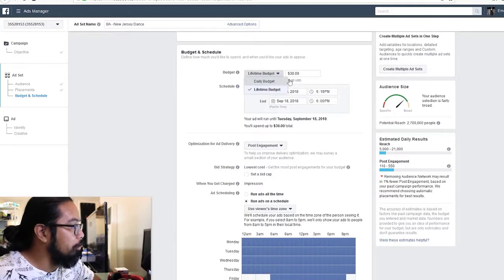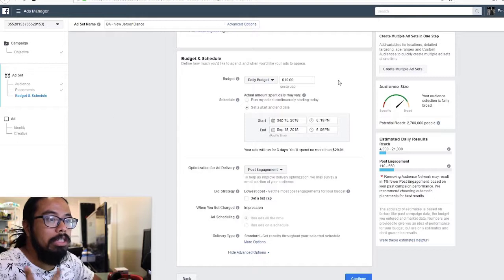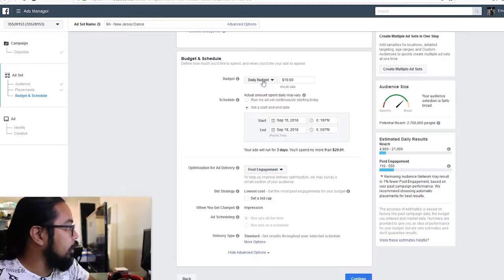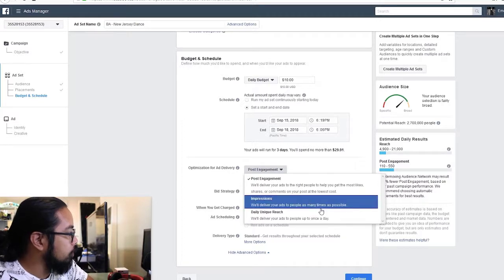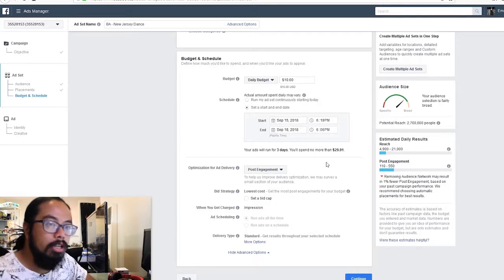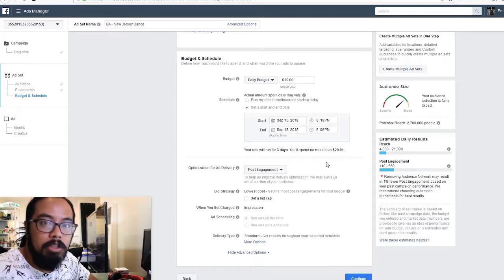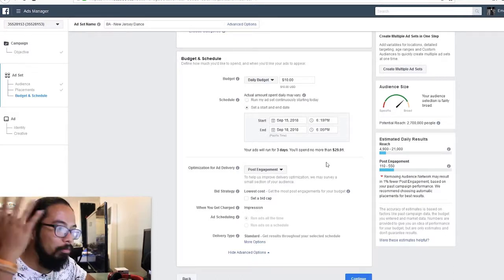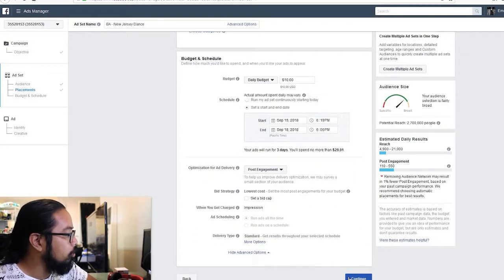So I know this is like probably your first ad. I'm trying to set you up for when we go into much deeper Facebook advertising. Daily budget here, boom, boom, boom, post engagements. Don't do impressions or this. You want to optimize this for when people actually engage with your content. You don't want to optimize it for people just see it. So the impression, like, to me is the equivalent of someone seeing a billboard when they're driving by. They might see it in the corner of their eye, but they'll never acknowledge it. Cool, I'm good here. Continue.